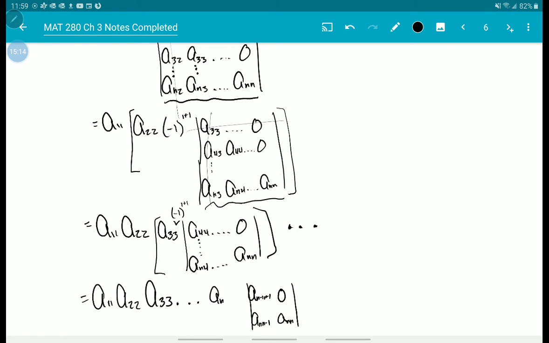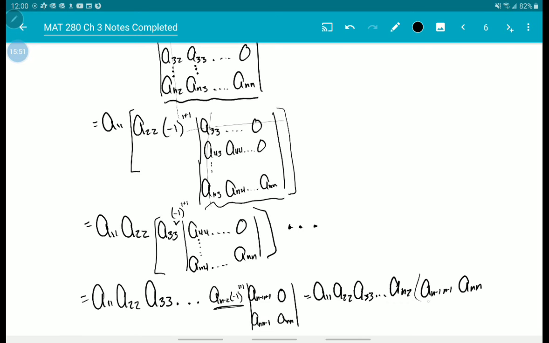And this would be a_{n-2} times negative 1 to the 1 plus 1, just kind of showing that pattern. So we would get to a11, a22, a33, and get down to a_{n2} times a positive 1 times the determinant of that 2 by 2. Eventually, you will always get down to a 2 by 2. And that determinant would be a_{n-1,n-1} times a_{n,n}, which would just be